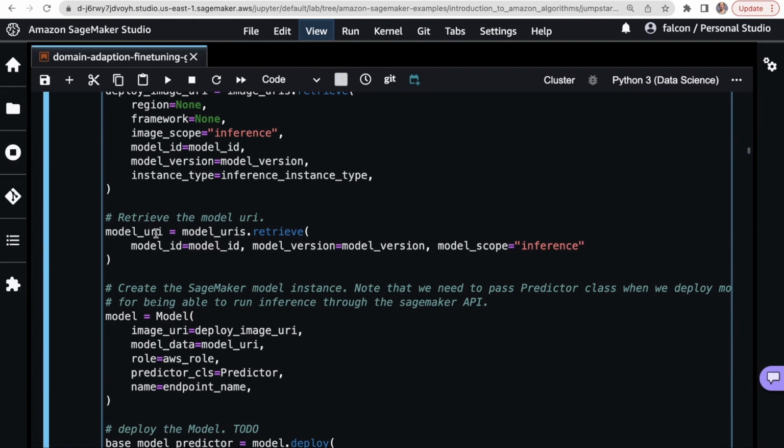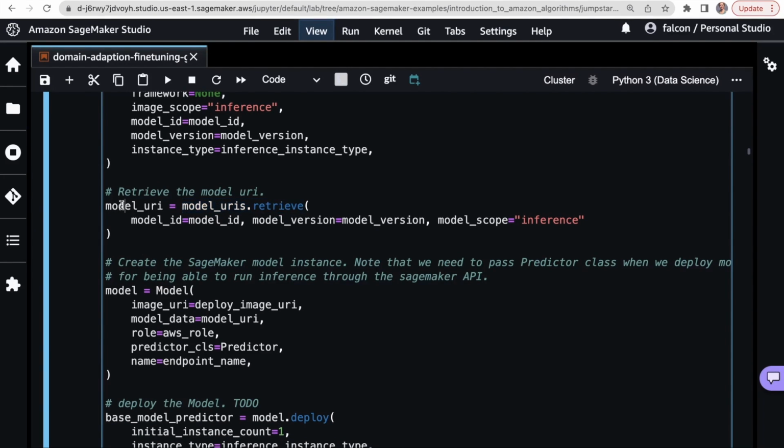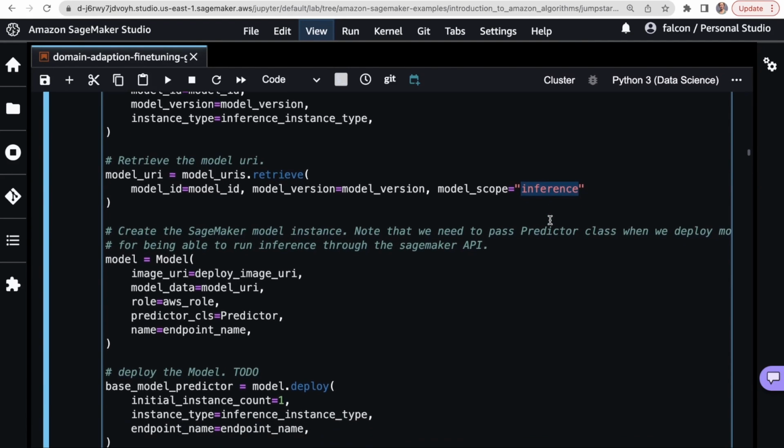So we get the model URI using this .retrieve, and then we'll do the same. So that's the URI. That's actually the image that we'll use to host the model, and that came from the model ID, and then the version, and then there's a scope here, which is inference. So this means you can point to Jumpstart to just get the hosted version of this model. Alternatively, you can do that for just the training version of the model.